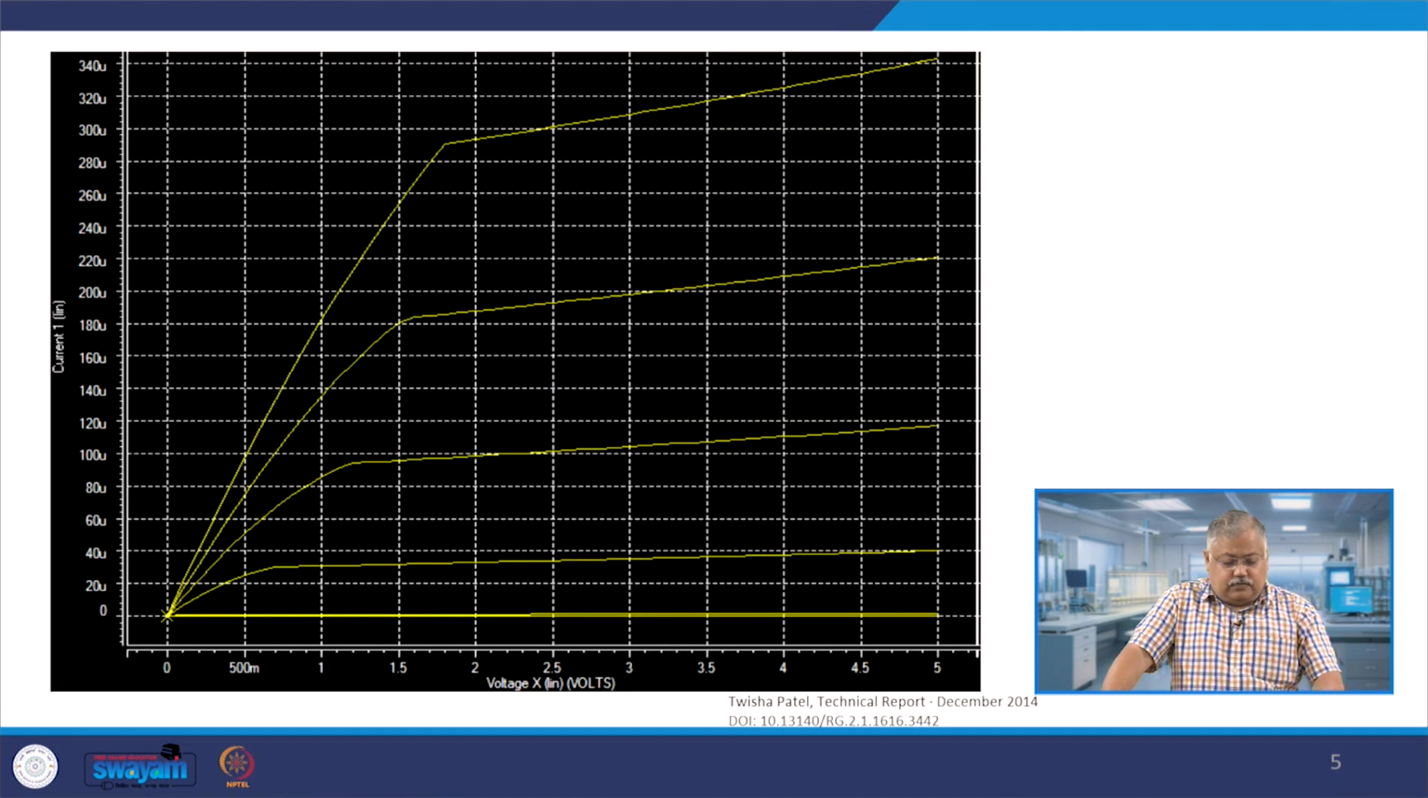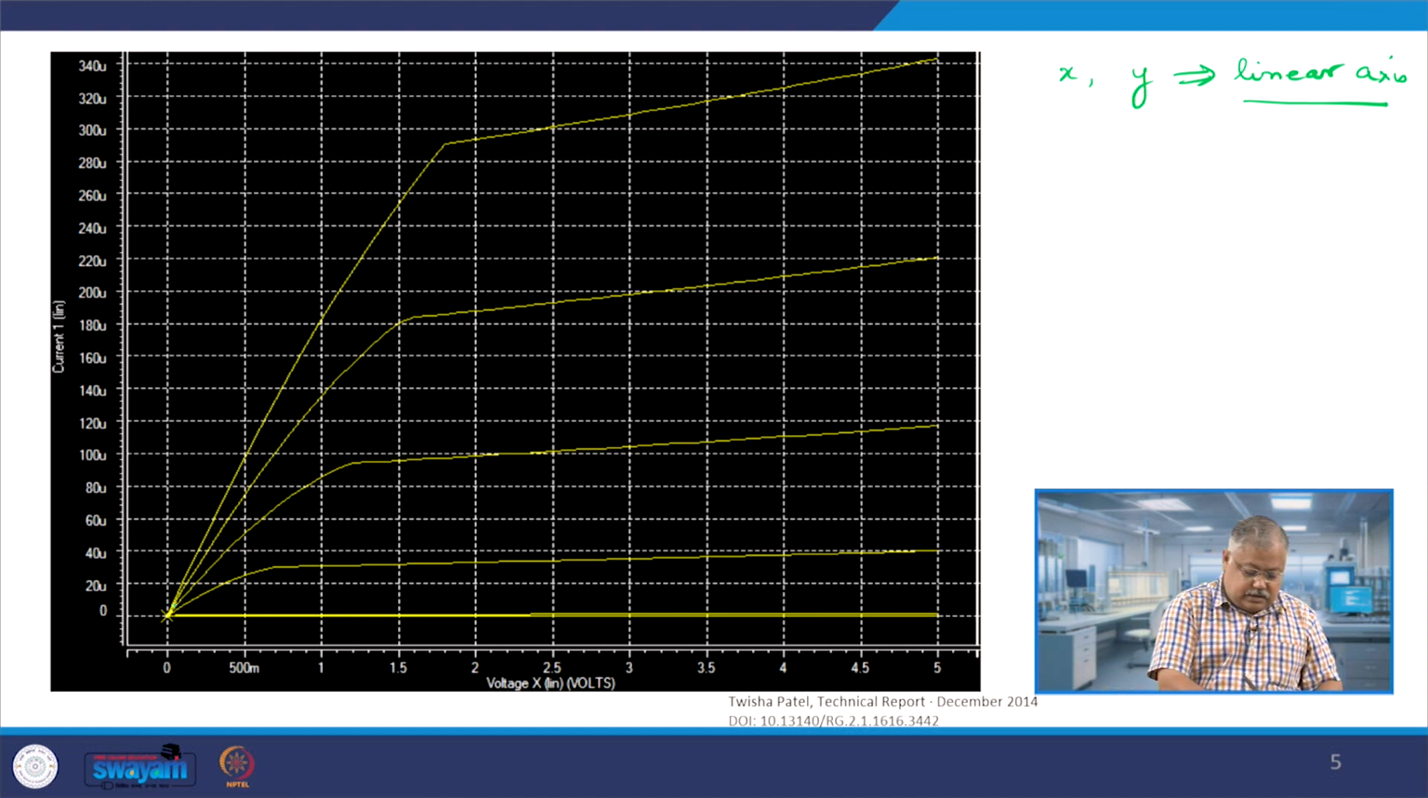As you can see, on the y axis you have current, which is in microamperes. On the x axis you have voltage, and this voltage is basically VDS, in volts. If you look, both x and y are linear axes. They are not logarithmic in nature. Now, as you can see, when you apply a 0 bias VD,